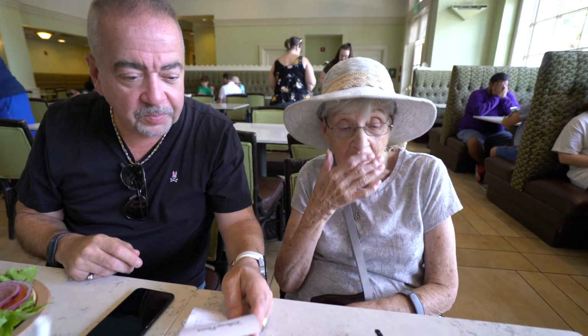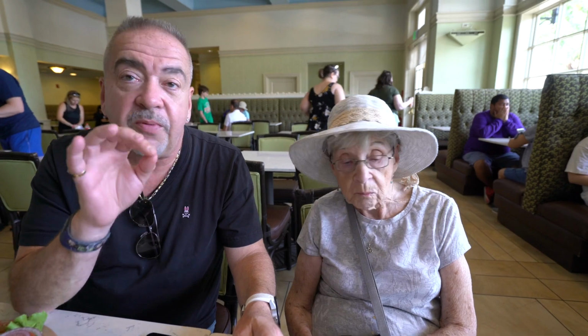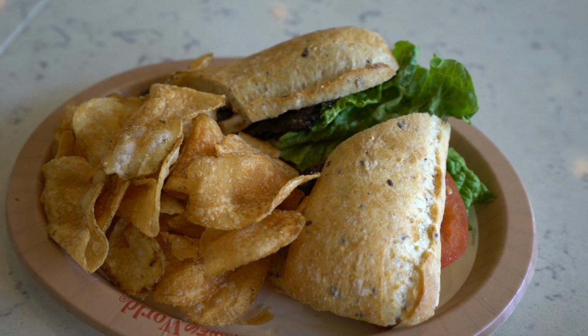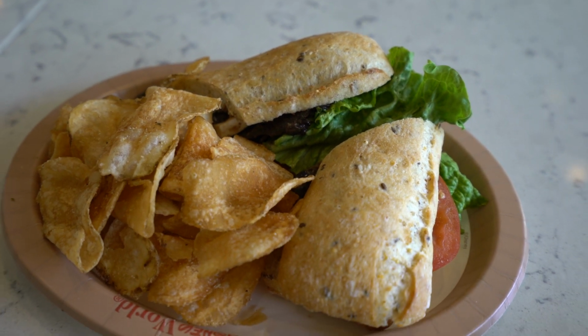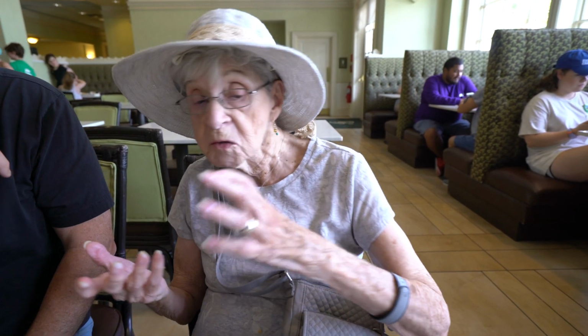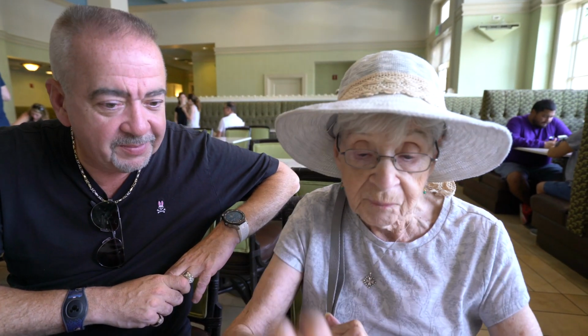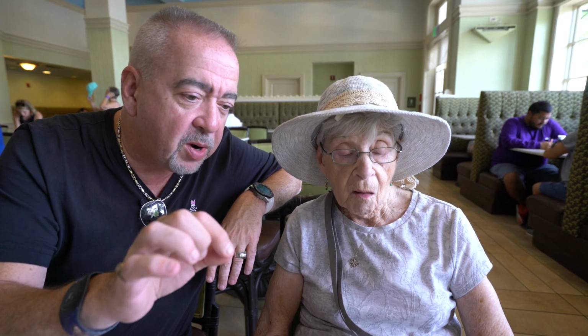Mom got the grilled vegetable sandwich on a multi-grain bun with house-made chips. That was $10.49. What'd you think of it? Well, since I don't eat mushrooms. She doesn't eat mushrooms. And they have these big old honkin' portobello mushrooms on it. The lettuce and tomato are fine. The chips are delicious. So really that's all that was on here was lettuce, tomato, and a portobello mushroom, and